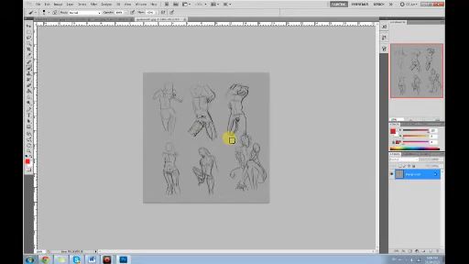So this is one big problem. Lines are very well done. The line weight is very, very good. Don't change your line weight. Whoever this is, please don't change your line weight, because it's very well done. I like the grittiness. I like the brush that you used. It's very well thought out. However,